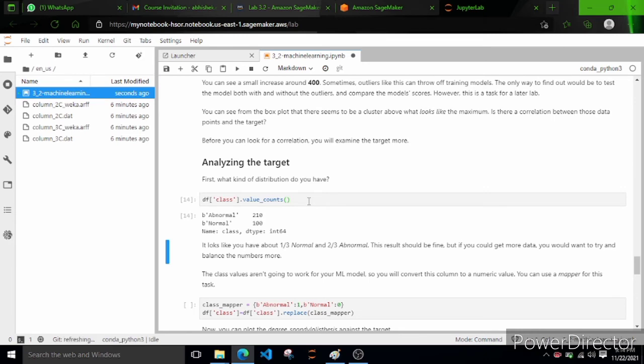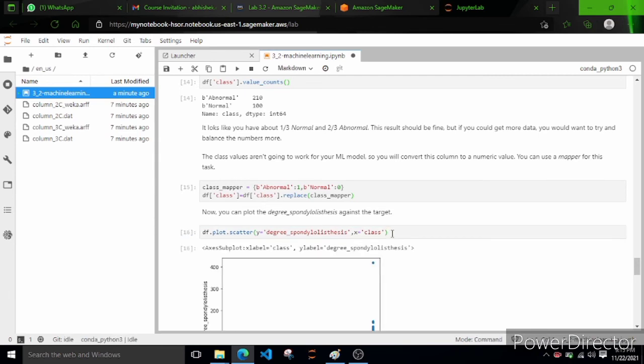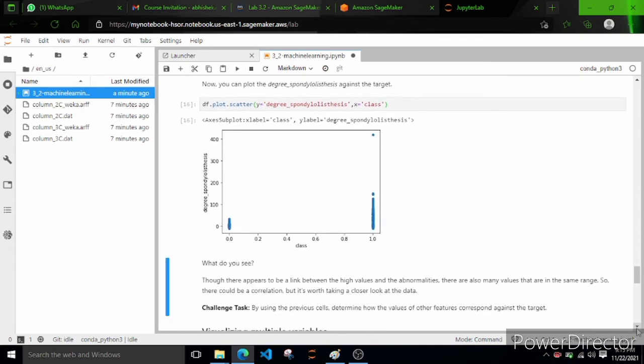This is yet another feature for analyzing the target, and it helps to decide how to proceed in our machine learning process. Now in machine learning we need to convert this categorical data or strings into numbers. So we are using a dictionary, and then we are going to plot the scatter plot here using df.plot.scatter.